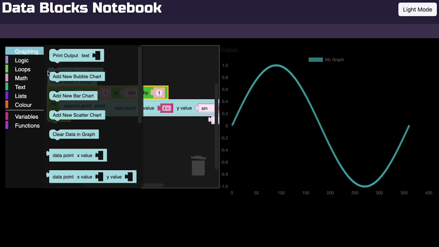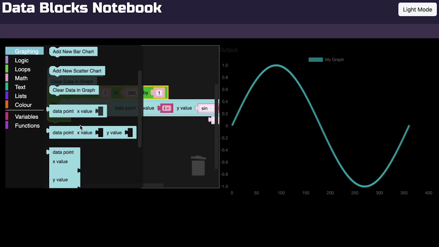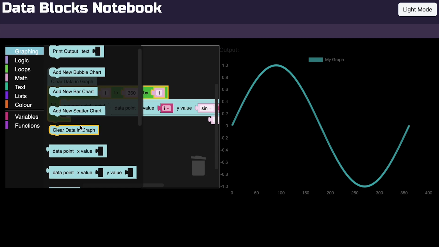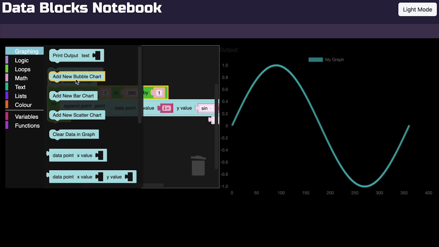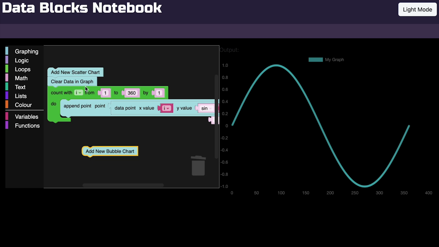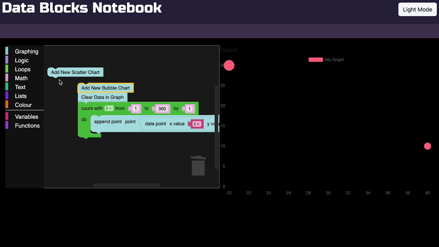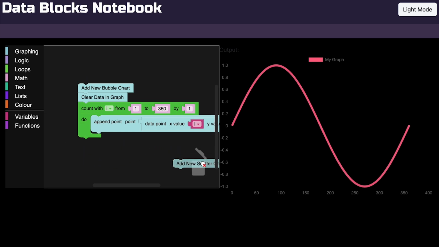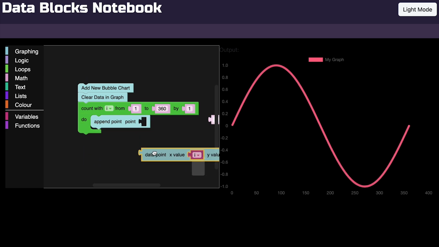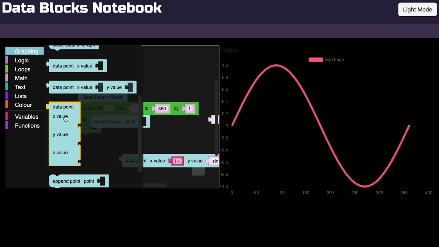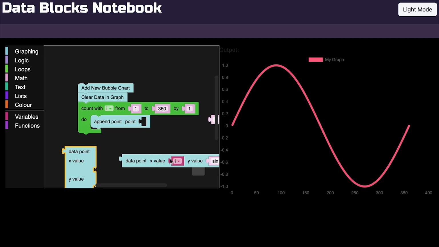I can go from having a scatter plot to something more complex. Let's go with a bubble chart. I'm going to get rid of my scatter chart. And I'm going to have data points with 3 values. So my X will be I, my Y will be the sine of I,